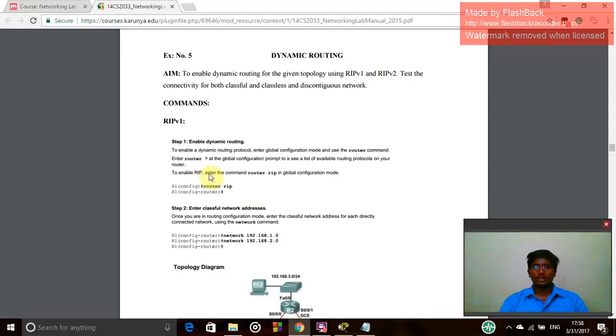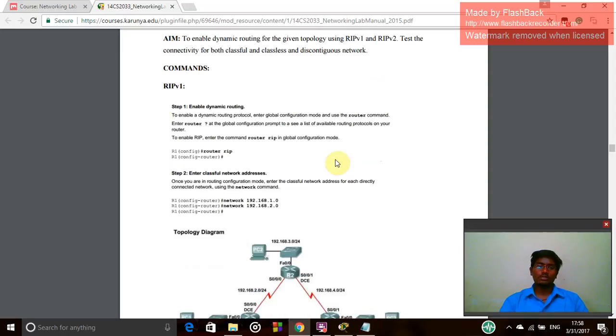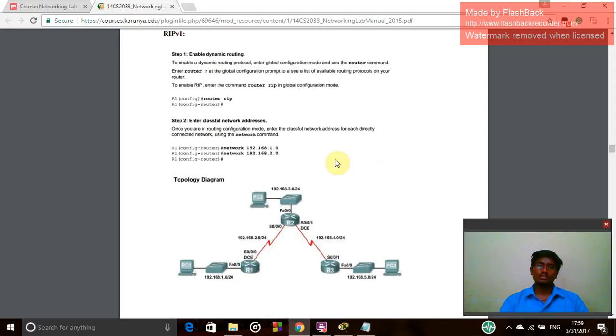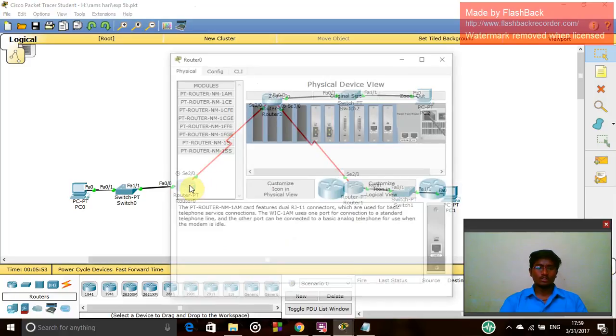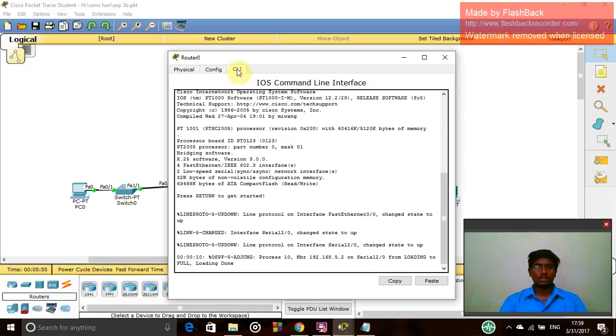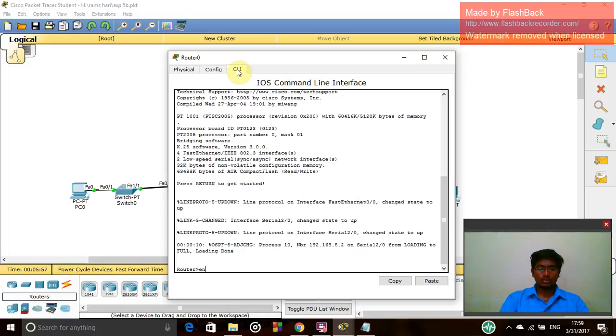In order to enter into the RIP mode, router rip is the syntax to enter into the Routing Information Protocol mode. To enable the dynamic routing protocol, enter the global configuration mode and use the router command. To enter the global configuration mode, first of all we enable the router, and then we go to configure. So let's see here. To enter into the global configuration mode, I need to enable, and after that